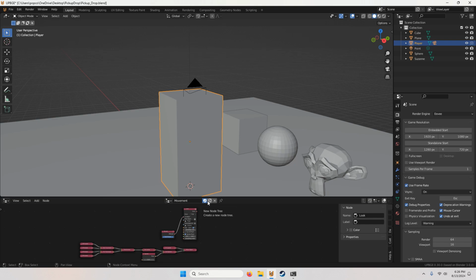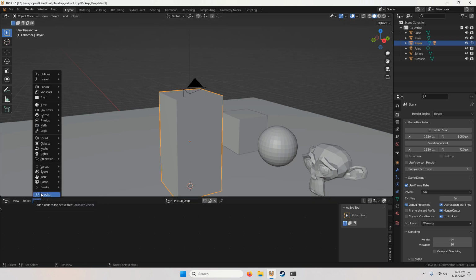So let's make a new logic node tree. And I'm going to call this pickup drop. And let's start our logic.